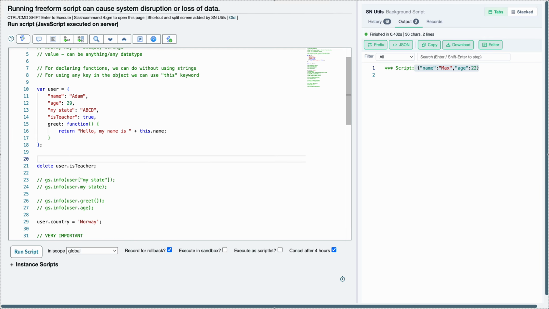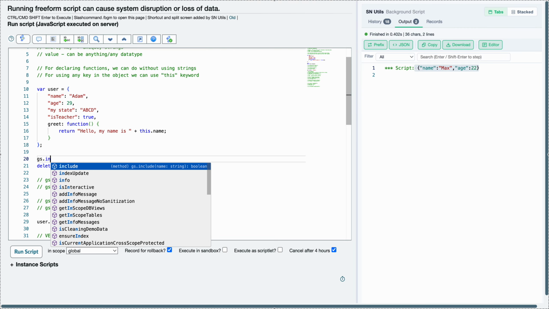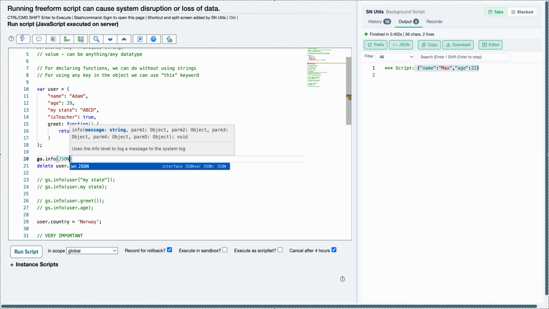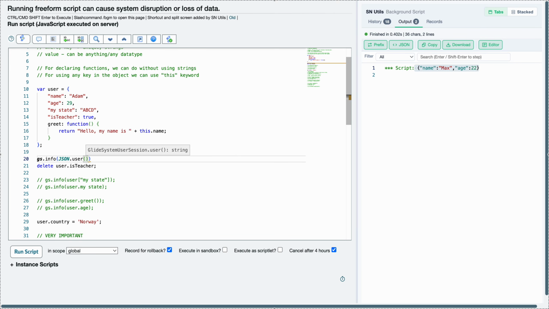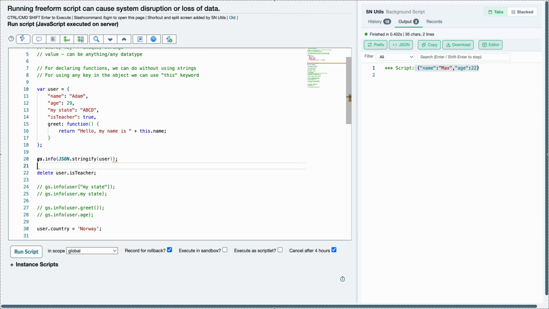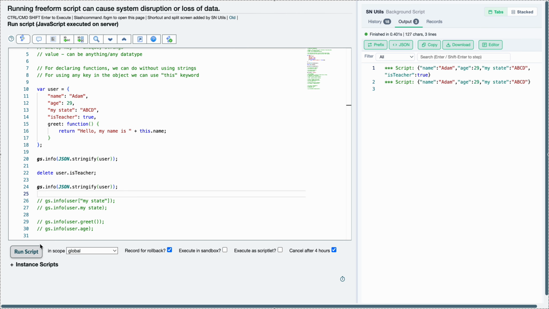Before deleting, let's print the whole object. Sorry, JSON.stringify user. Now after delete, let's print it again. You can see name Adam, age, my state, and isTeacher true. But after deleting the isTeacher key-value pair, we have only these three. Okay,